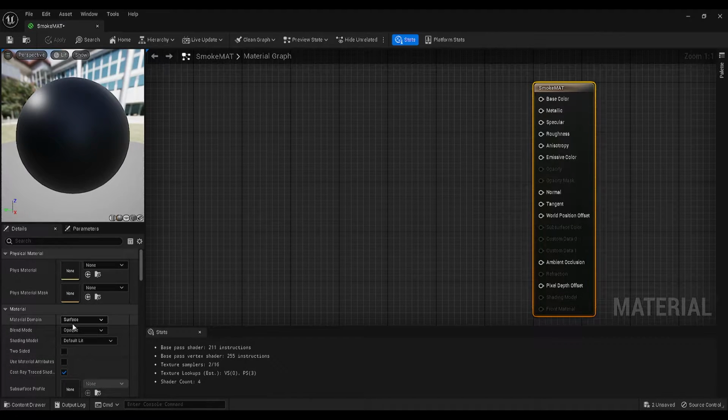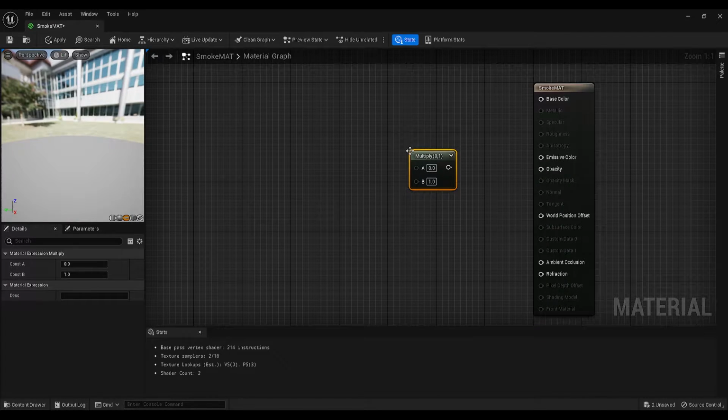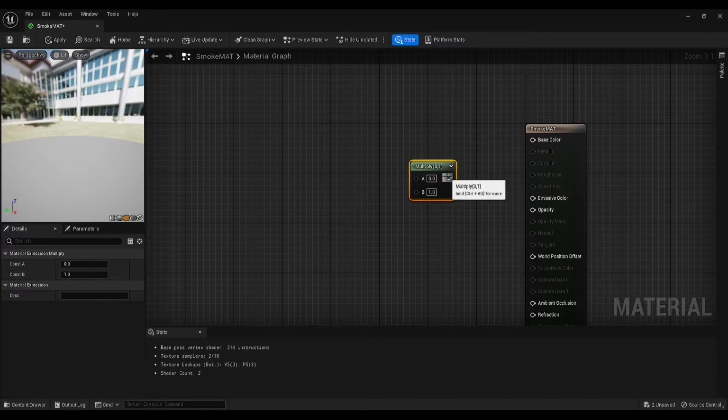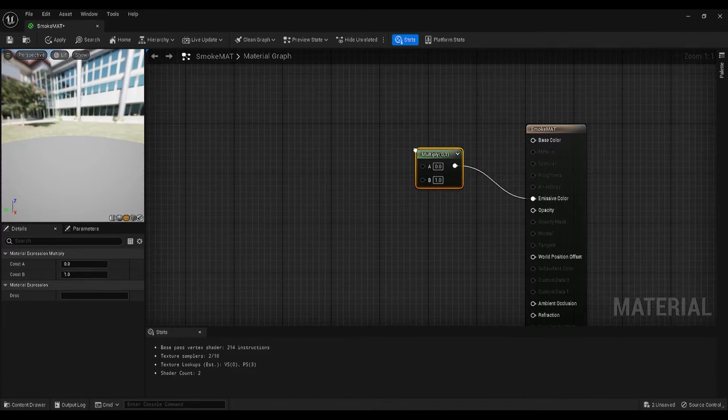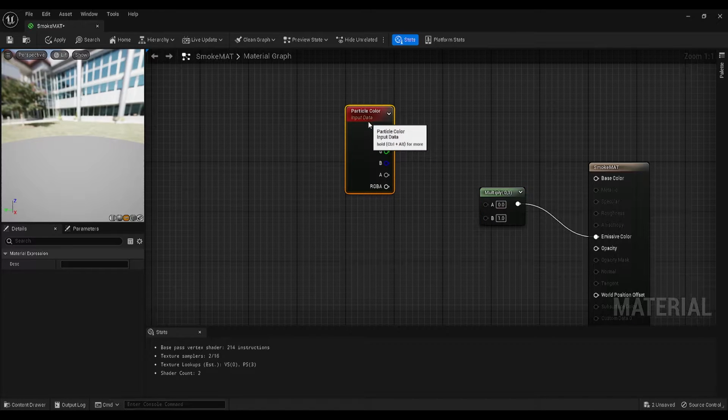Go to the details panel, change the blend mode to additive, and set the preview mode to a plane. Don't worry if you can't see anything, we will make it visible in a few seconds. First, we need a multiply node. Connect this node to the emissive color. Then, create a particle color node. Connect the particle color to the multiply A,